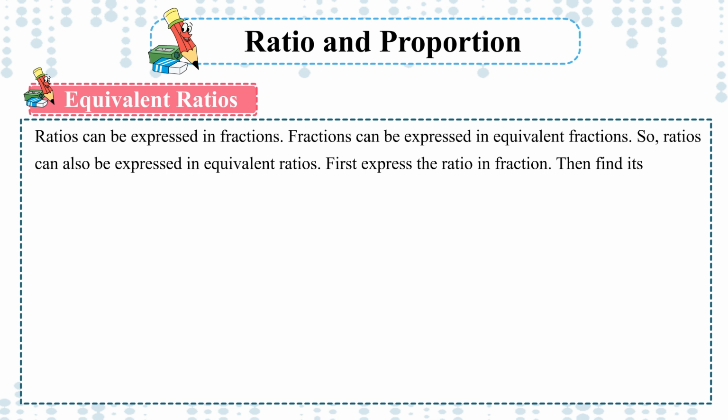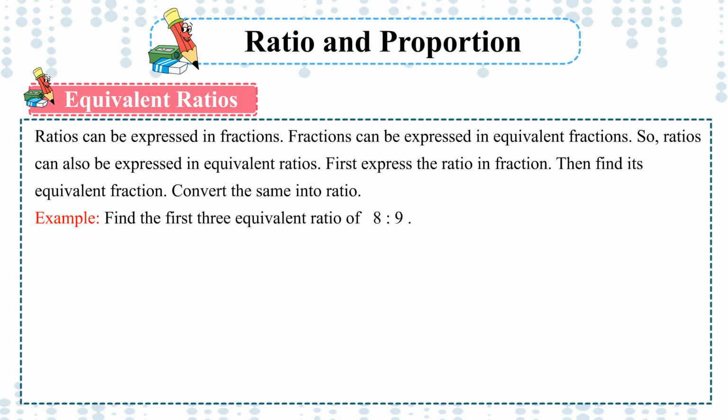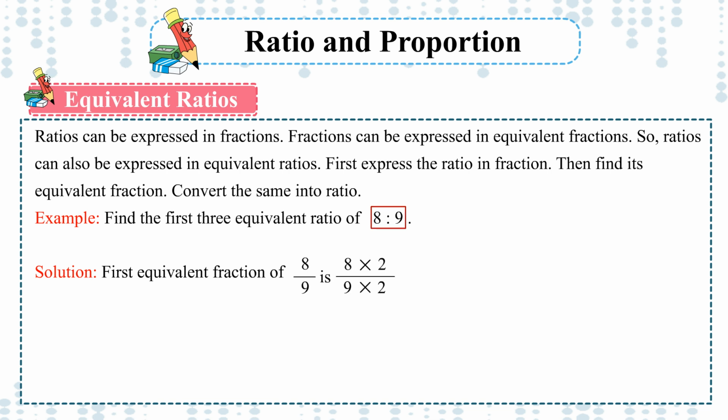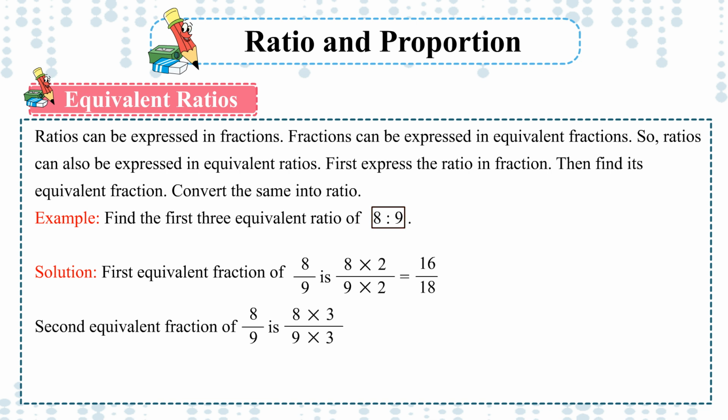First express the ratio in fraction. Then find its equivalent fraction. Convert the same into ratio. Example: find the first 3 equivalent ratios of 8:9. Solution. First equivalent fraction of 8 upon 9 is 8 multiplied by 2 upon 9 multiplied by 2 is equal to 16 upon 18. Second equivalent fraction of 8 upon 9 is 8 multiplied by 3 upon 9 multiplied by 3 is equal to